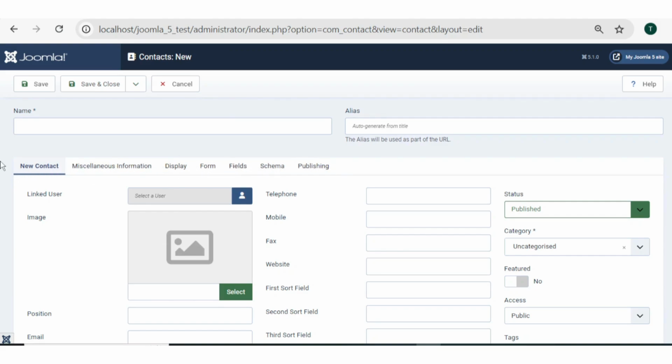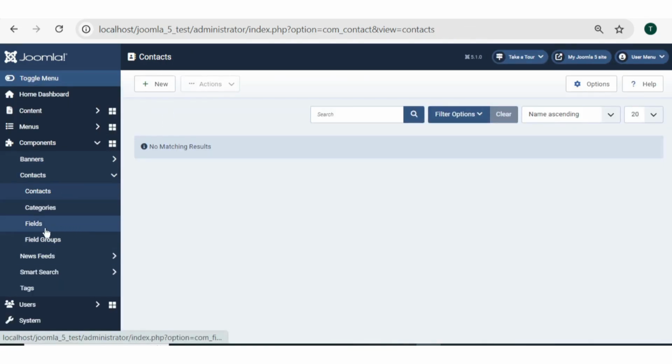So we have to create that field group and assign the custom input fields so that we can group the input fields, and the user can fill in the new input fields and we can get new information from the user. There is a Fields tab. I will create this in a new tab